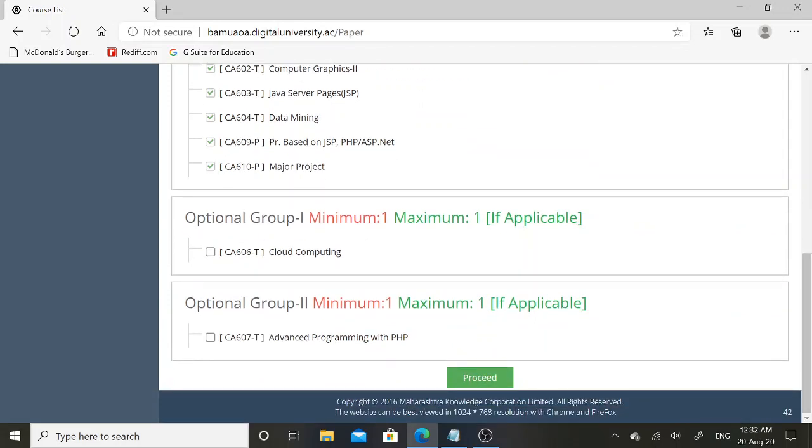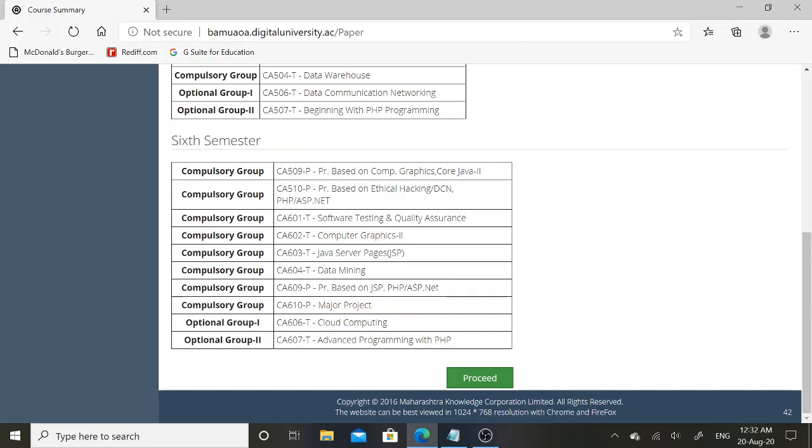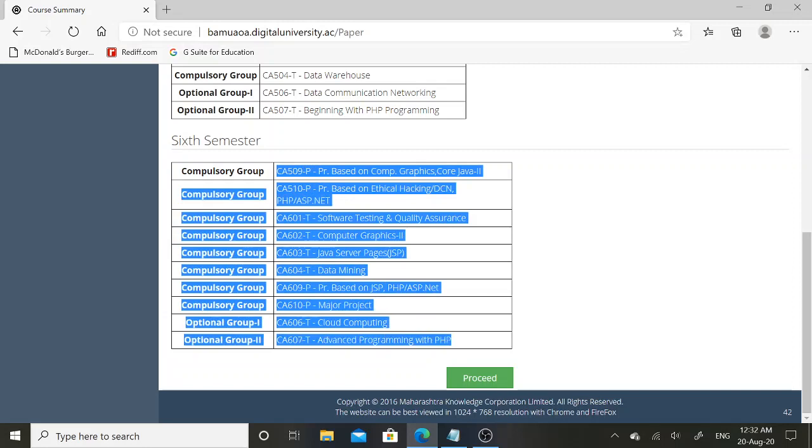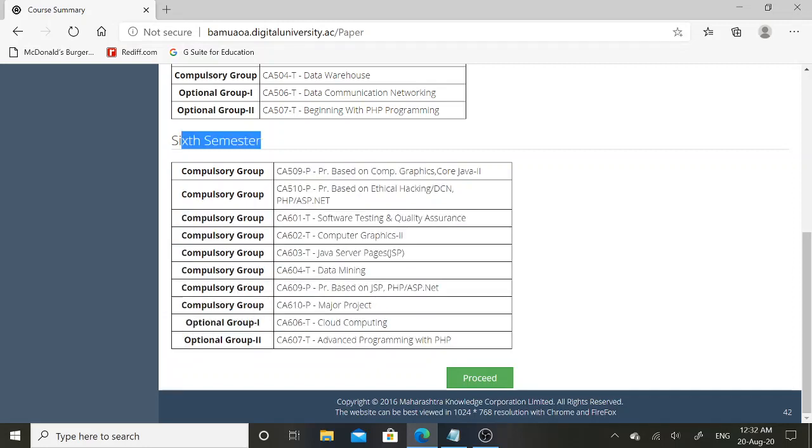Here in optional group 1 I need to select Cloud Computing and in optional group 2 I need to select Advanced Programming with PHP. Later on I can click on the proceed button and in the next phase I will get the list of subjects which are present in the 6th semester of the BCA Science third year 6th semester course.